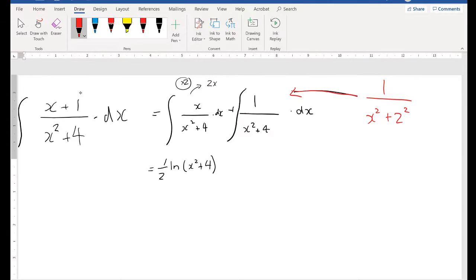Now, technically what you should be doing is saying, okay, well, let u equal x, du over dx equals 1, so du equals dx, make that substitution 1 over u squared plus 2 squared, and then make du, make your